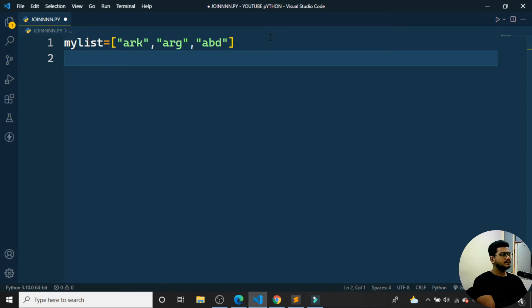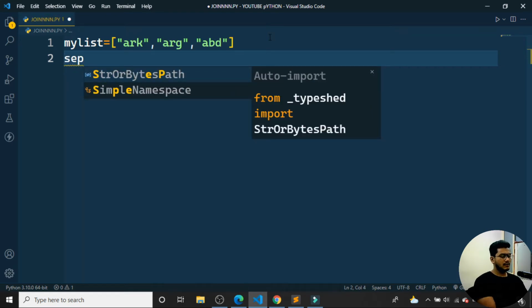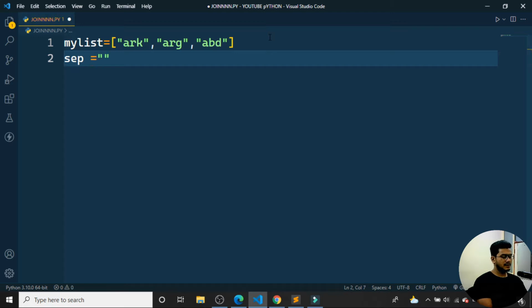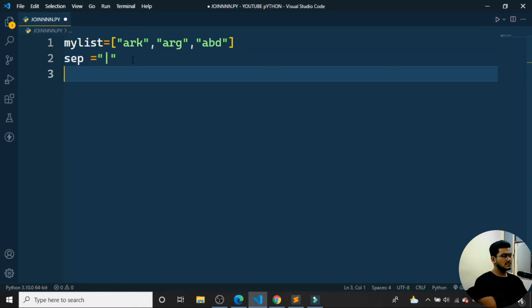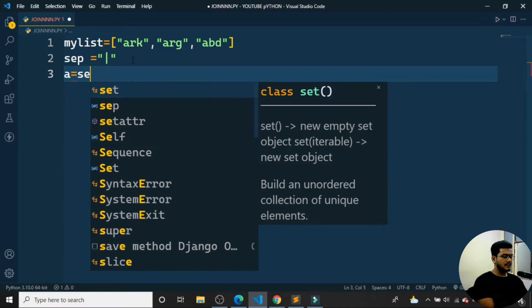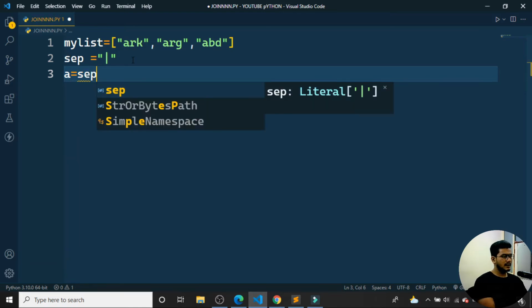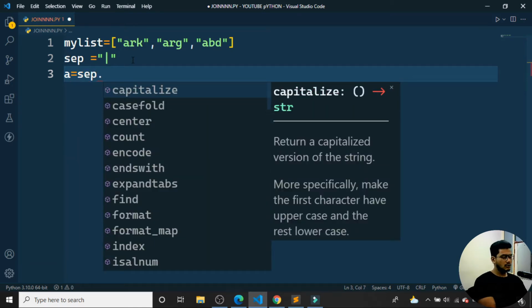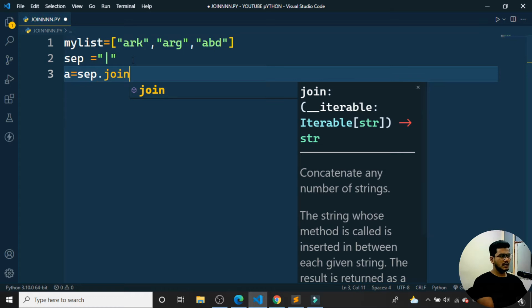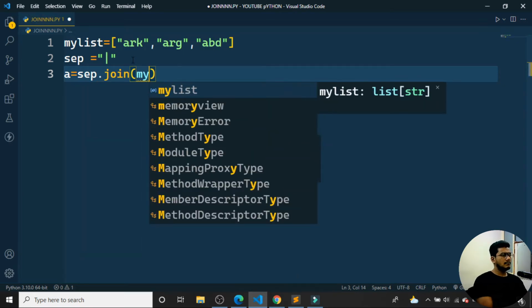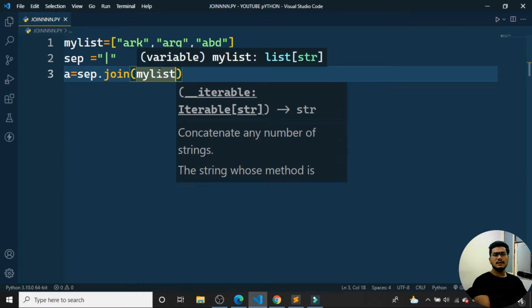Then what I'll do, I'll create one separator over here. The separator should be a pipe symbol. Okay, the separator I'm just using a pipe over here. So then I'll write a is equal to, one variable I'm making as a. I'll write whatever the separator I have made, separator dot. Now I want to use the join function. I want to join everything with this particular separator from my list.